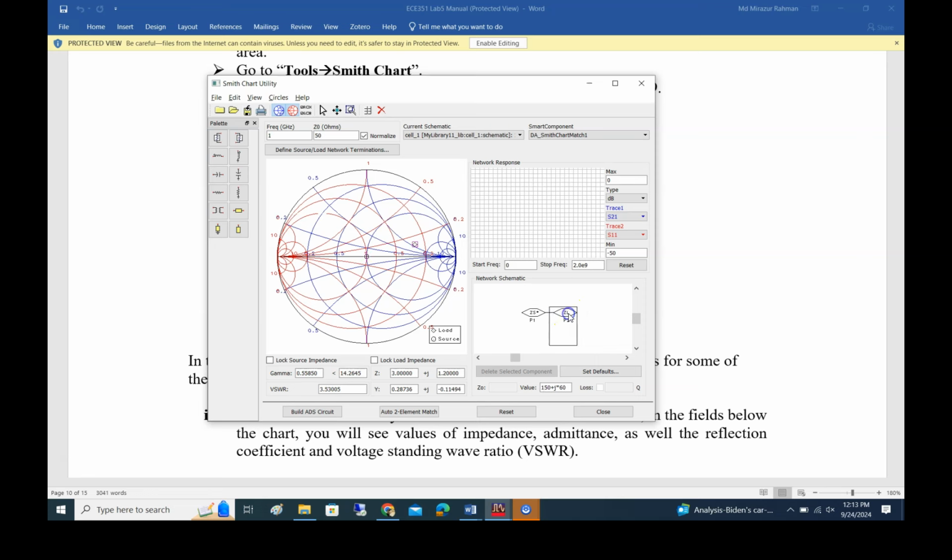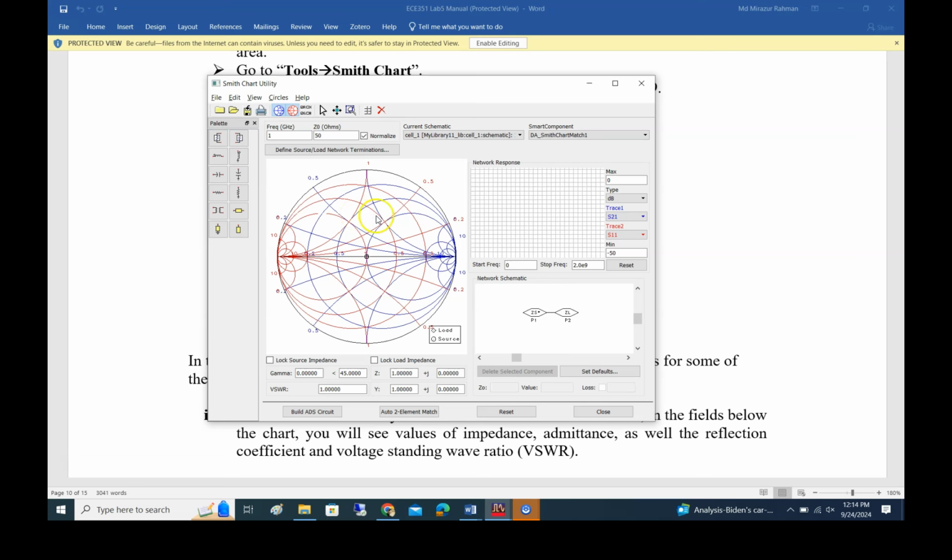That's the load. We'll change that, it could be anything. So let's put 50 here also. I'm assuming this is completely matched,